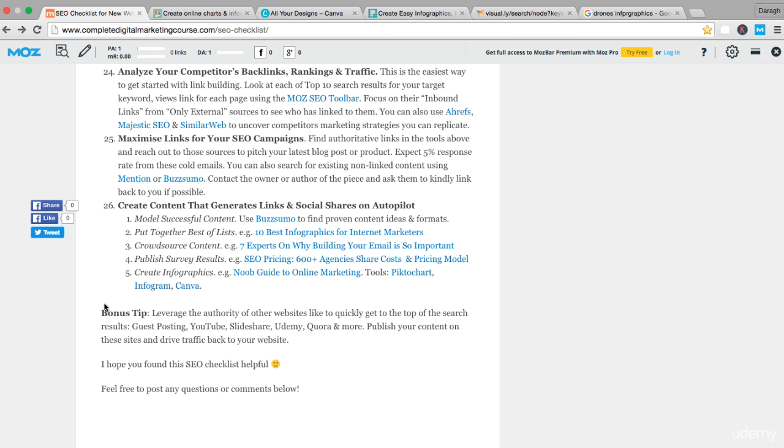I've got one final bonus tip. I think you'll like this. This is really how you can get to the top of the search engines quickly, even if you've no